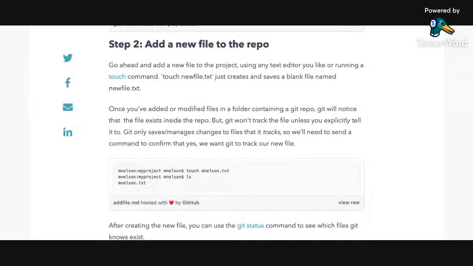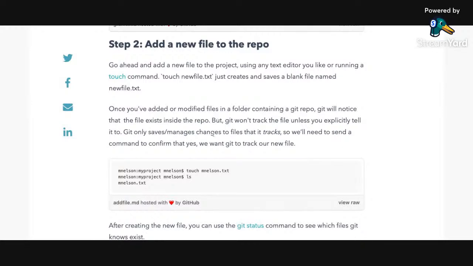After you've added your files to the staging area, the last thing you need to do to get your files ready for pushing to your GitHub repository is committing your files. Git commit is a way that Git uses to track the different versions of your files. So we have what we call a commit history.